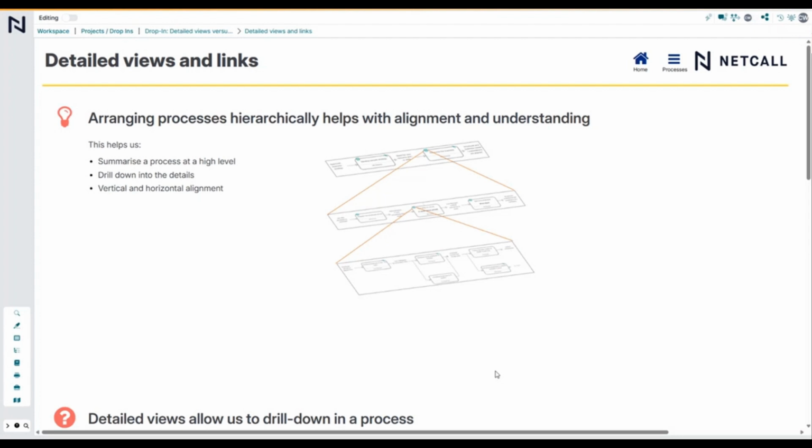And again, that allows us to communicate effectively. It also helps us to understand the big processes in there and how they hand over to each other and who's responsible or accountable and owns each of those process areas. So essentially,